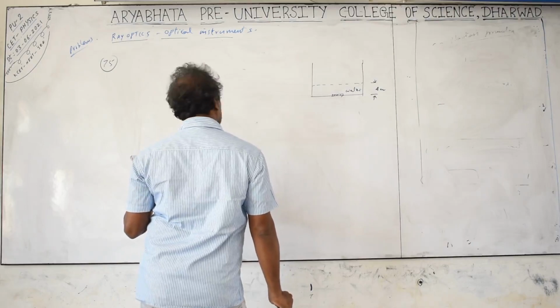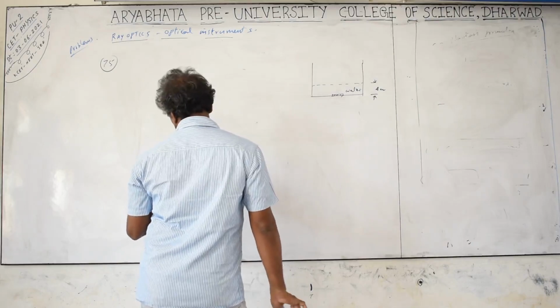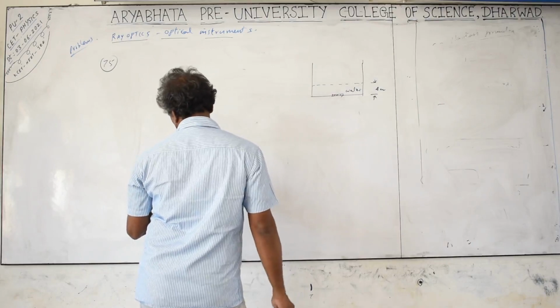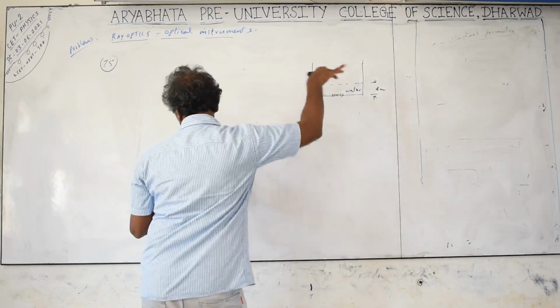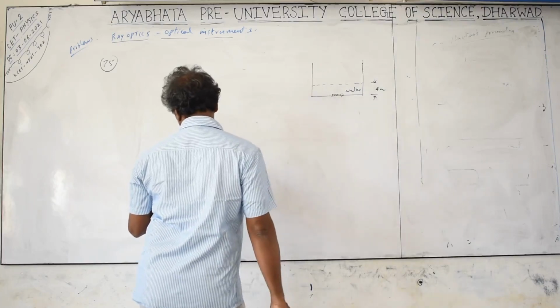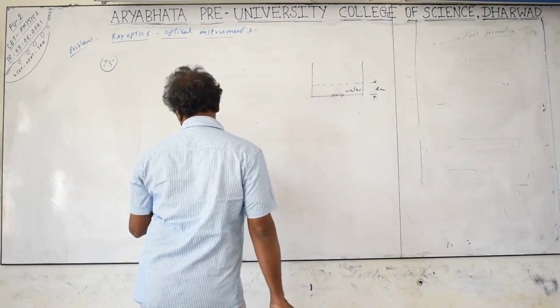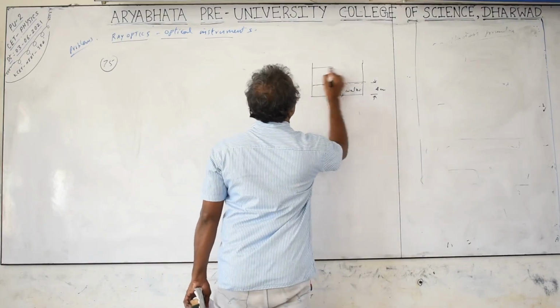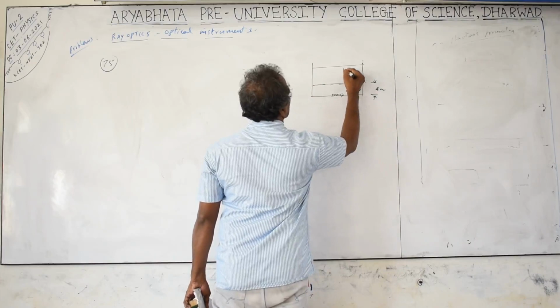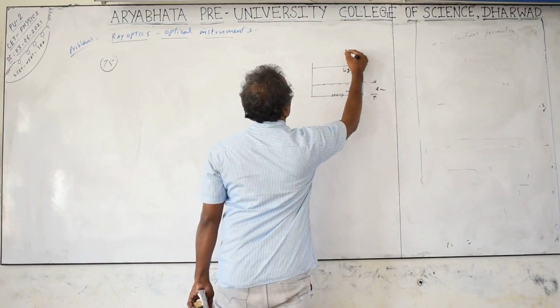Next is a liquid which is not mixed with water. Some liquid of less density than that of water is taken and poured into that. Less density means it floats on water. The observer is in the air above the liquid surface, and the image of the coin appears to be at the intersection of the 2 surfaces. This is the water surface and this is the liquid surface. This is the liquid. This observer is in the air.